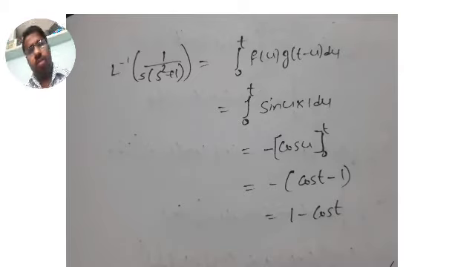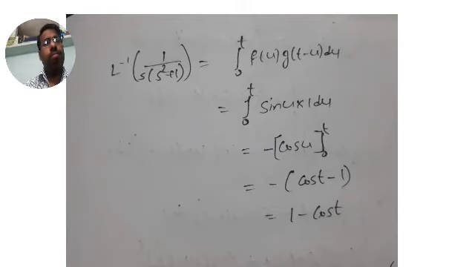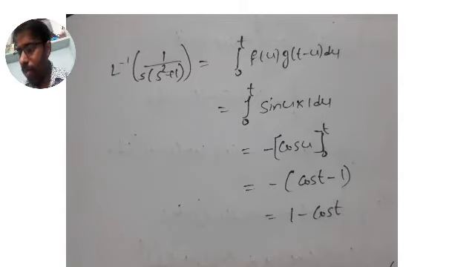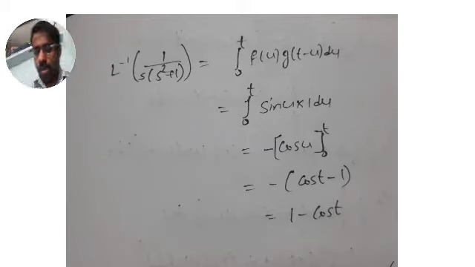So if you are very perfect in integration, you have a command on integration, you can choose any one as f bar of s and any other one as g bar of s. No problem at all. Note it down so that we can go to the next problem fast, because time is running fast. Only 12 minutes to go. We have to cover more problems.